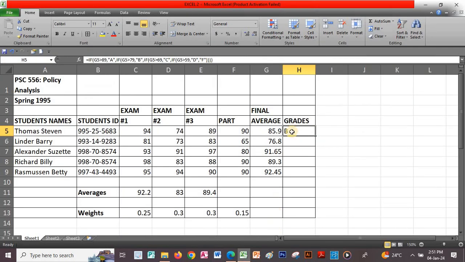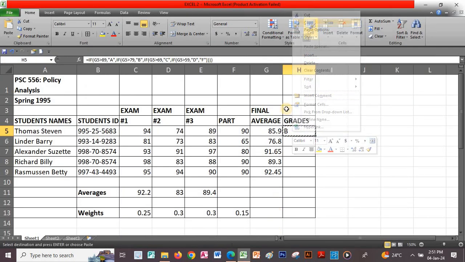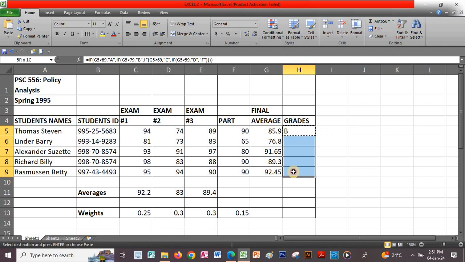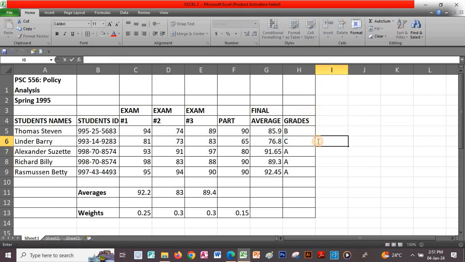So I'll copy this formula. I just right click, copy, then I select where I want to copy that particular formula. I right click and click on paste. So we have the 76, which is C, we have the 91, which is greater than 89, and automatically gives us a grade which is A. We have these final average values, 89 and 92, so these values are grade A. Then the 85 is grade B and the 76 is grade C, according to the formula that we have just used,